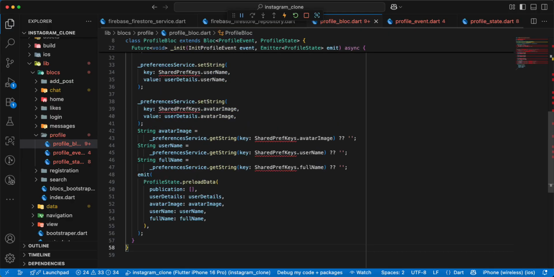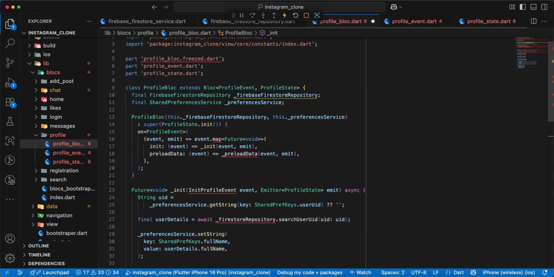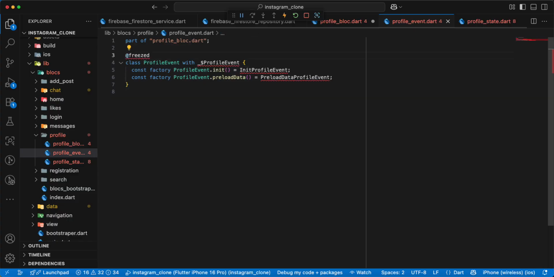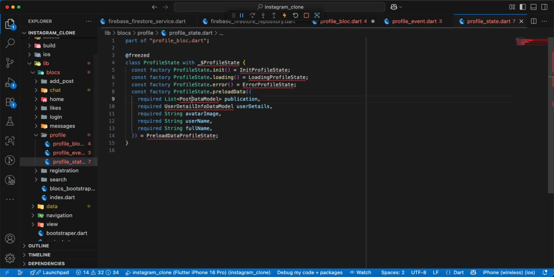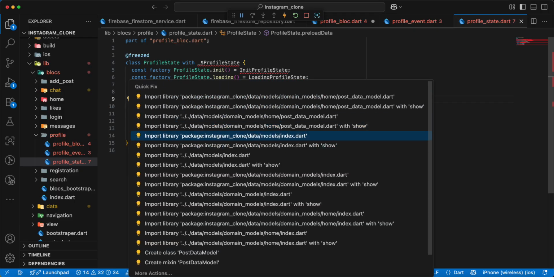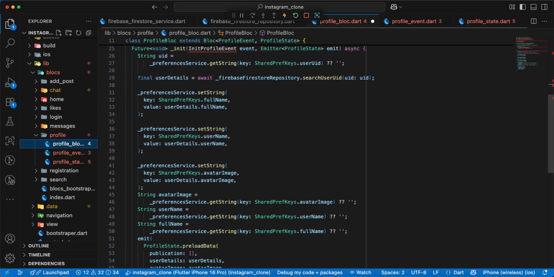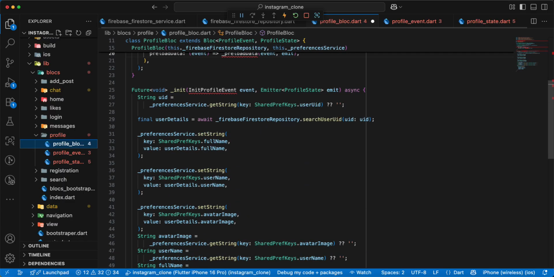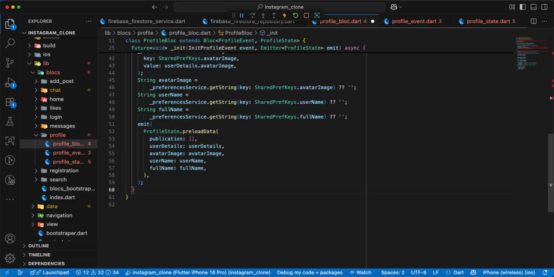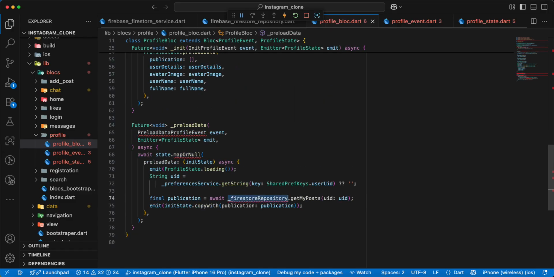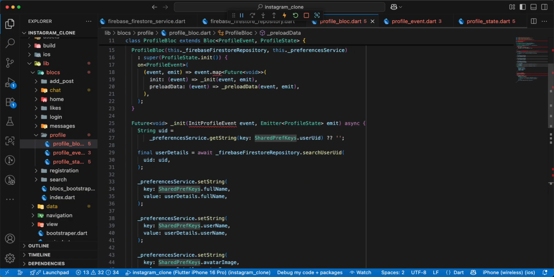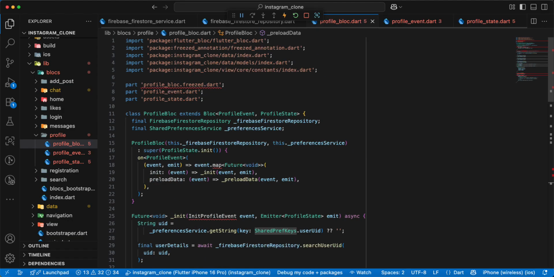add init, add import, add import, add models, then we add preload data, and now we generate the file profile_bloc.freezed.dart,